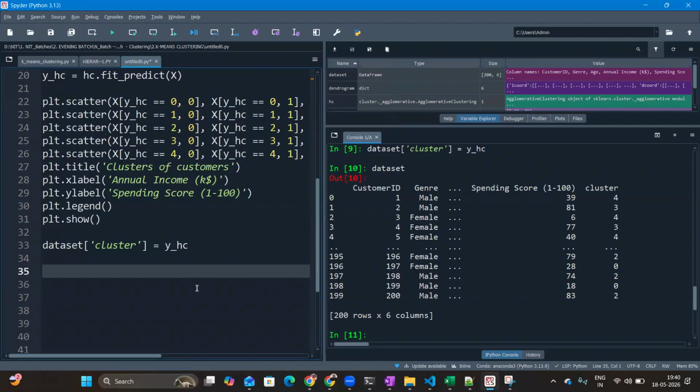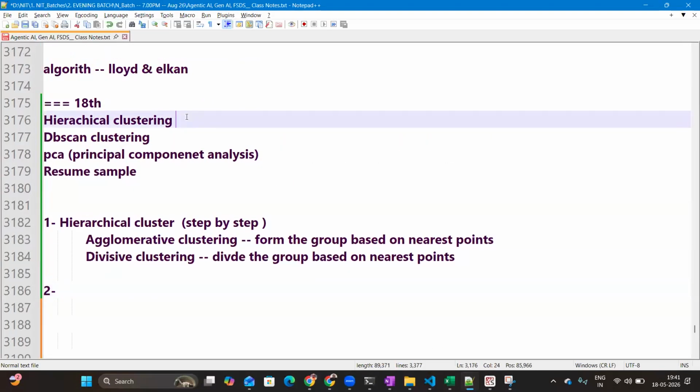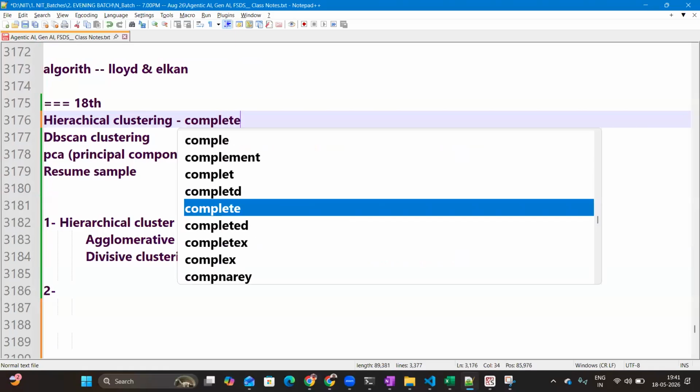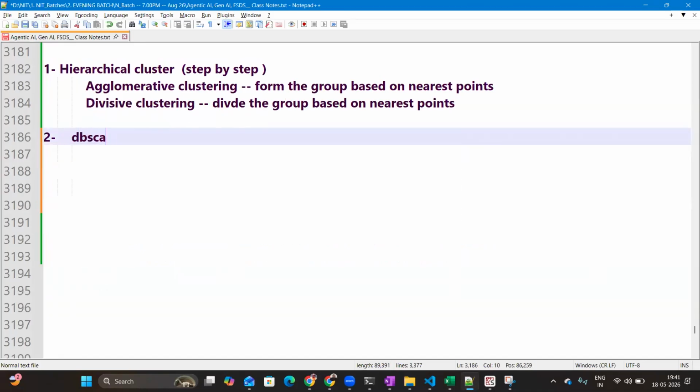So we do not divide the clusters. Actually, this is the practical of hierarchical. So the two things we work on here, the first thing is hierarchical clustering. We are done. Next one, let's go with DBSCAN clustering. The second part is DBSCAN clustering. Before I do it,